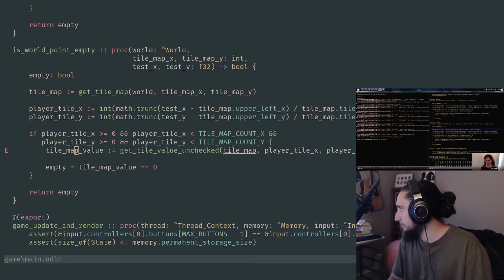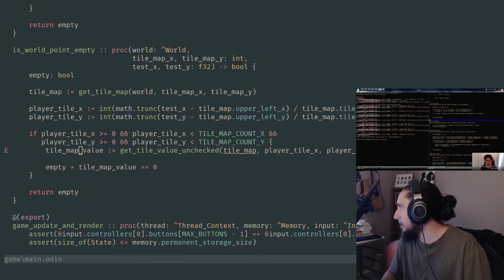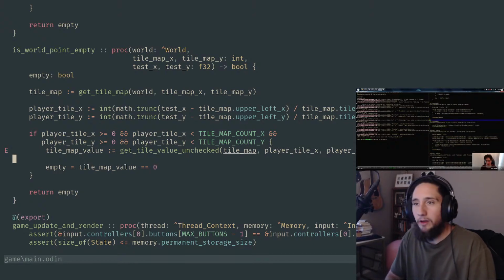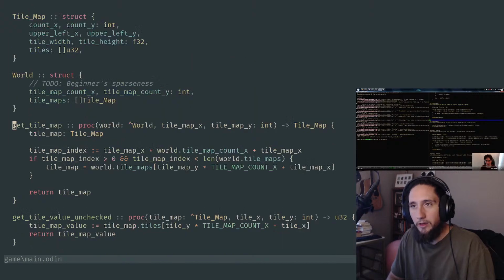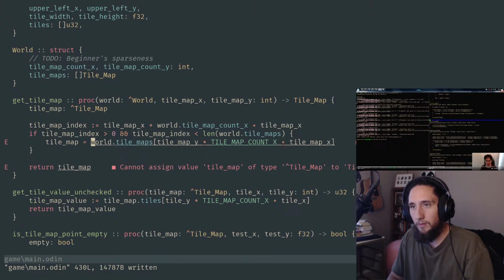Whatever that tile x and y that we get passed in, we're going to look up what the map is that corresponds to that tile map x and y, right? We're going to say if that tile map... Does get tile map, did he return? He returned a reference to that tile map, not... Yeah, okay. Something was not adding up there. So this needs to be a pointer, because otherwise we're just changing a tile map that we've pulled out. Like this,